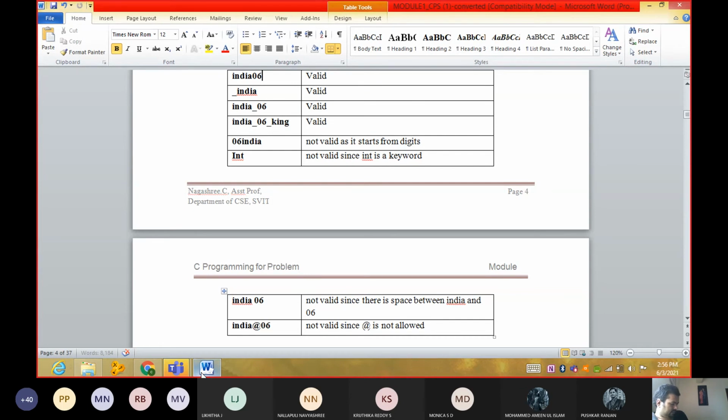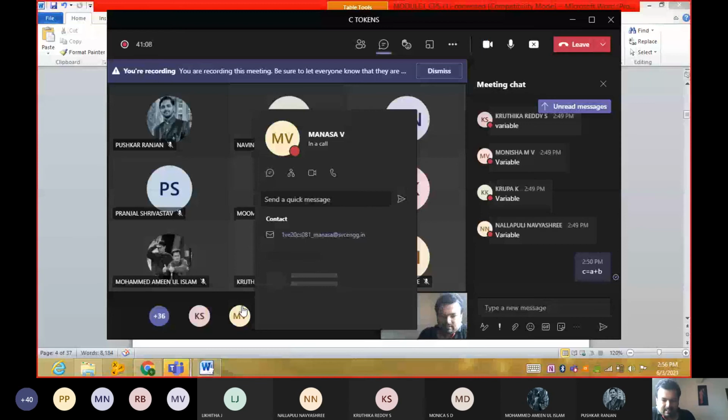Guys, is it clear? Keywords and identifiers, we have been seeing. Are you clear with KI, that's keywords and identifiers?